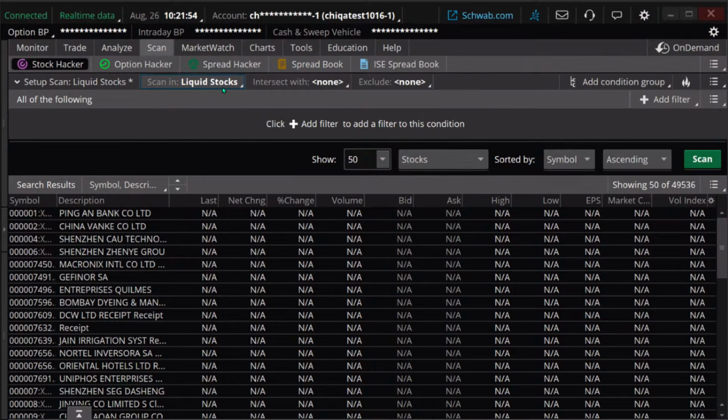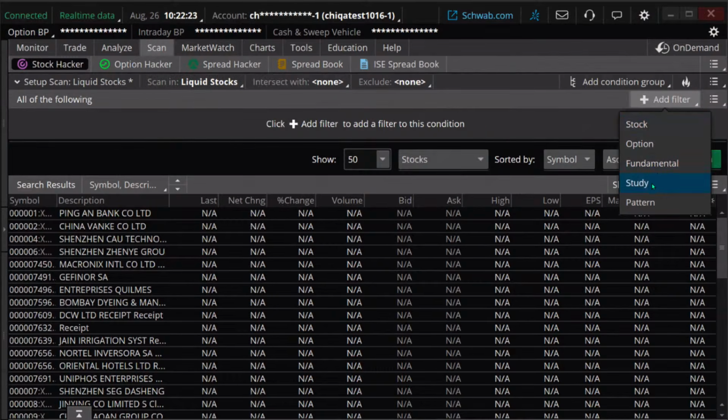But let's create our own and let's make this a bearish scan. And just remember, once we create the scan and save it, it becomes a watch list that we can then look at for a bearish type trade. So I'm doing a bearish trade on here, starting with liquid stocks. So now when I start adding filters, I don't need to add things like stock price or volume because I've already added that by including this liquid stock scan.